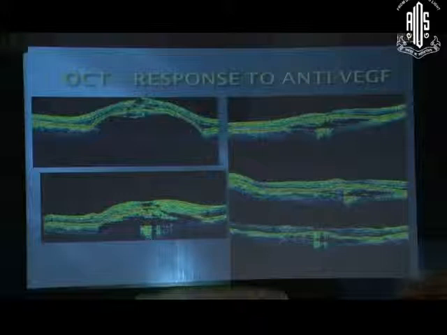RPE rip, which can be seen spontaneously or as a response to treatment by anti-VEGF also, is seen as discontinuation of the layer of RPE, and this is a complication nobody likes to have, especially after giving any injections. So at the moment, the best way to monitor any case of wet age-related macular degeneration where there is a CNVM is the OCT. All the treatment protocols are based on OCT. You should not only look at the thickness map but also look at the morphological changes occurring in the retina or in the subretinal space.